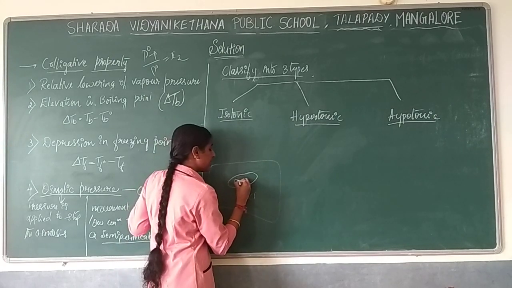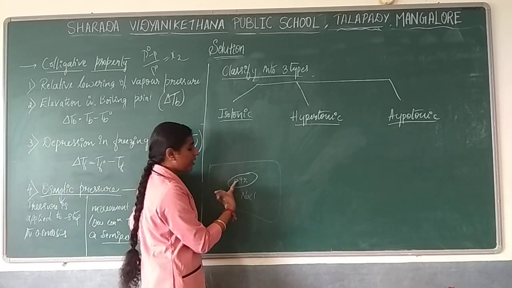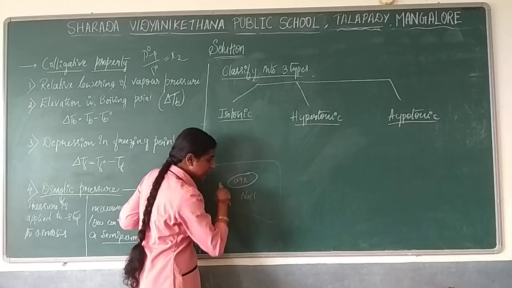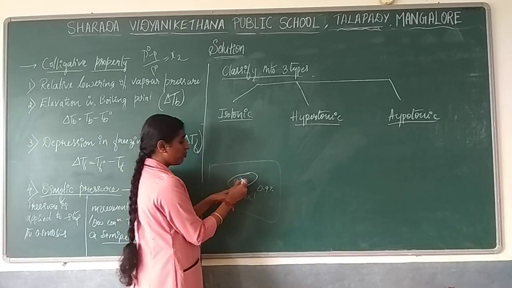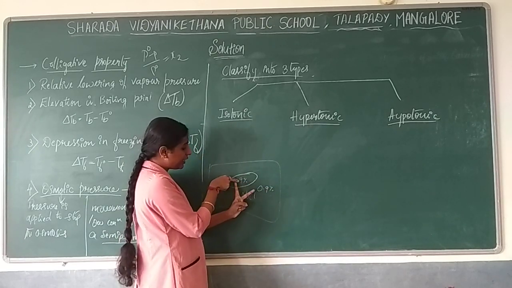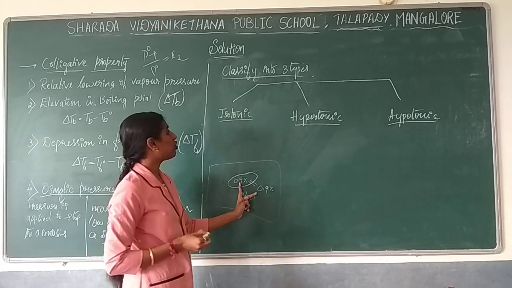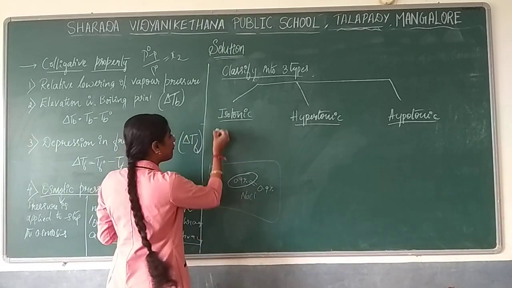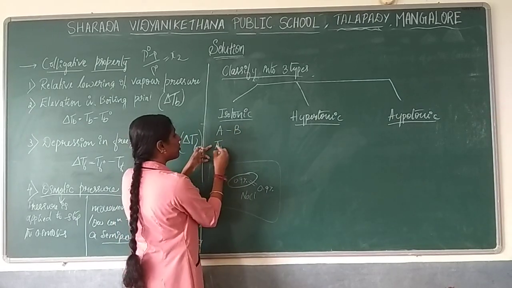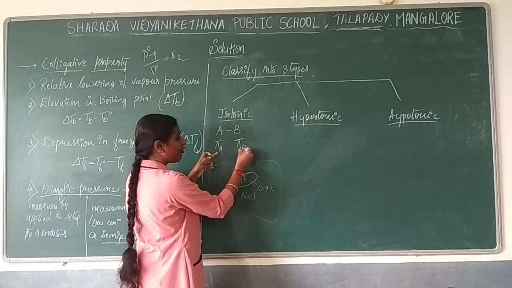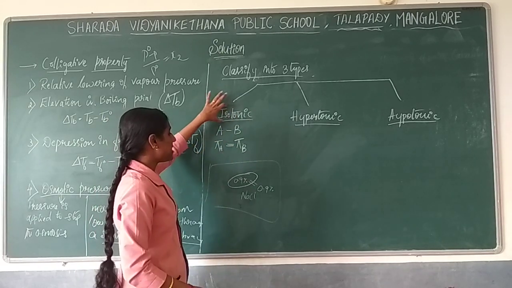Now the inside fluid osmotic pressure is 0.9%. The outside fluid, that is your saline solution, also shows osmotic pressure. So we are taking two solutions, and in these two solutions the osmotic pressure is the same. Then we are going to consider it an isotonic solution. If A and B are two solutions, and the osmotic pressure of A and the osmotic pressure of B are equal, then that kind of solution we consider an isotonic solution.